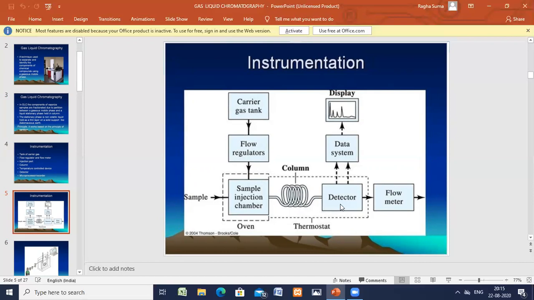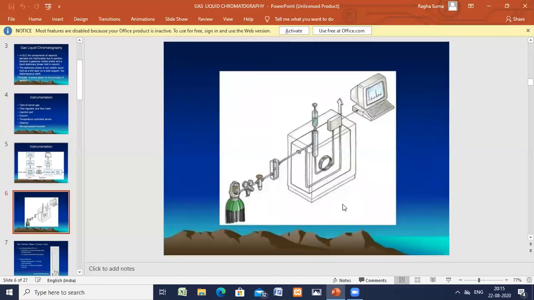So this is the schematic diagram for the instrumentation of the GLC. Now in detail, I'm going to explain the process of the GLC. Here you can see a very simple diagram. In that simple diagram, you can see the carrier gas and the sample injector going into the column. This is the carrier gas,